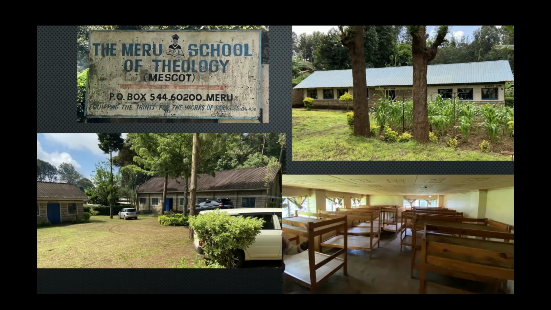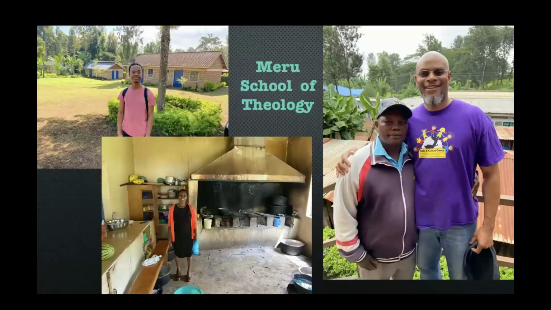And so the building at the top right shows you the dorms. There's a side for the men, and there's a side for the women. And the picture at the bottom right shows you the bedding situation here. It's a series of bunk beds. There's not any extra space. I mean, it's a large room with a bunch of bunk beds in there, and they have some rather thin mattresses that can roll out for people to sleep on when they're there for their classes. There's just a few pictures of the school.